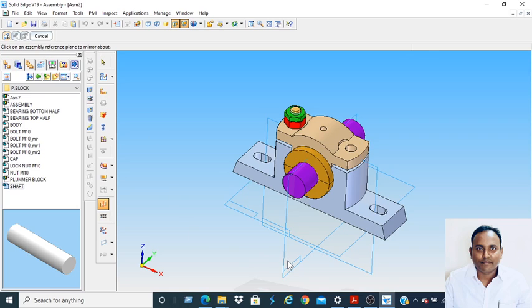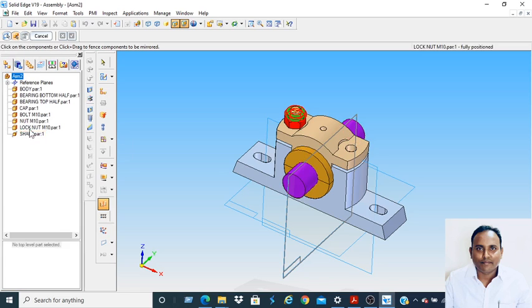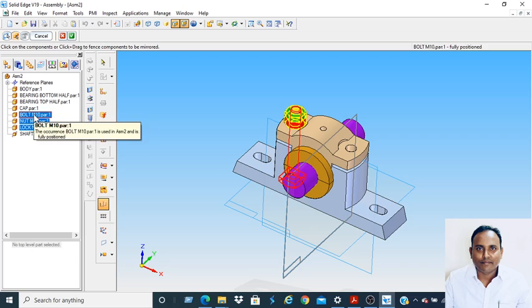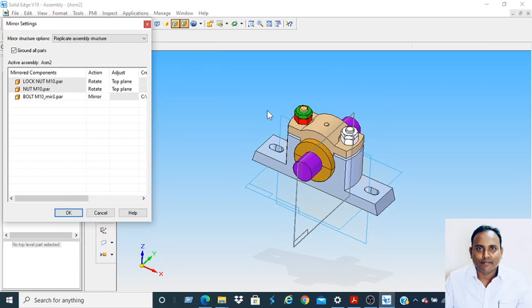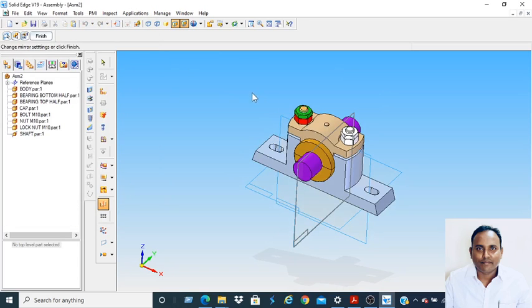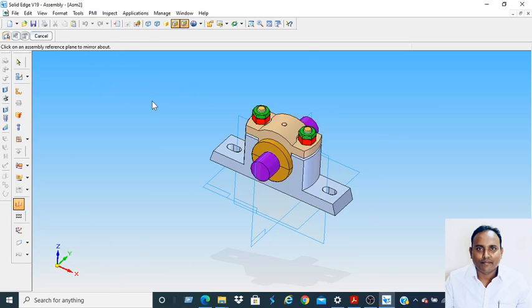Click on the reference plane, select this as the reference plane, click on the components to mirror, go to assembly pathfinder, here select lock nut and also bolt, and accept, click OK, finish. Okay, now assembly of the plumber block is completed.